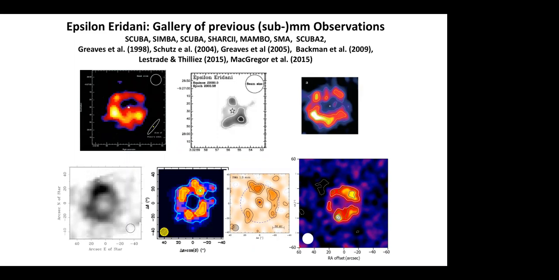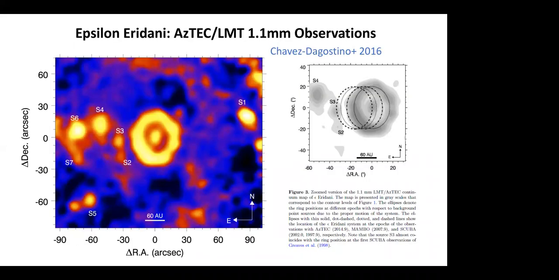One of the puzzles of these sets of observations was that these rings were not complete, and they were lumpy and asymmetric. So people had all kinds of interesting dynamical models to explain these asymmetries and the shapes. But when we went to LMT and used the AzTEC instrument and imaged this field, what we found is a much more uniform ring. In fact, Miguel has models of these structures, and he basically finds that it's essentially a uniform continuous ring or a disk. We also detect a structure associated with a central star.